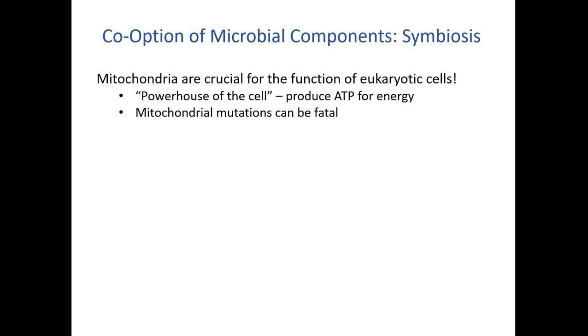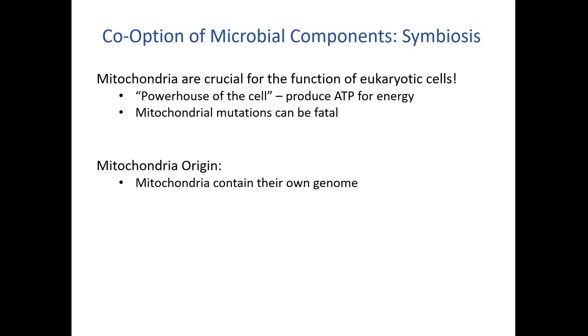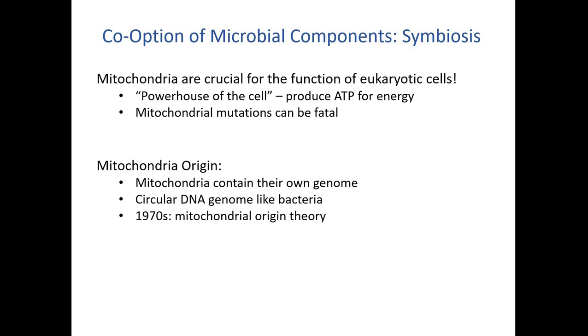The mitochondrial origin is actually predicted to be from bacteria, and the reason for this is that mitochondria actually contain their own genome. We've talked a little about this, that mitochondria have their own set of DNA, and mitochondrial DNA, it turns out, actually looks a lot like bacterial DNA. They have a circular DNA genome, and they have a lot of genes that are kind of homologous to those in bacteria. So in the 1970s, when some of this started being discovered about mitochondrial DNA, researchers came up